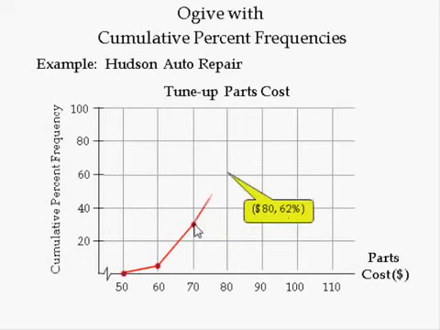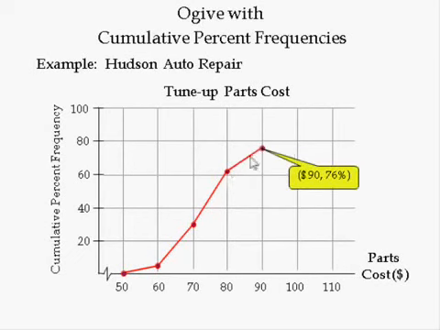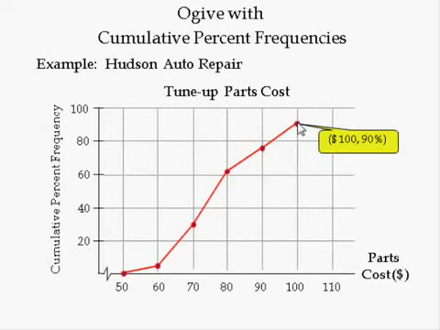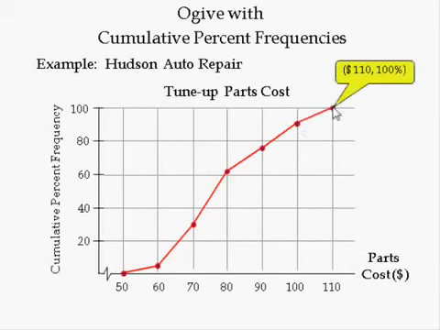Next, we go to point 80 and 62. Because the percent of invoices with parts costing at most $79 or less than 80 is 62%. Next we go to point 90 and 76. Because the percent of invoices with parts costing at most $89 or less than $90 is 76%. The percent of invoices with parts costing at most $99 or less than $100 is 90%. The percent of invoices with parts costing at most